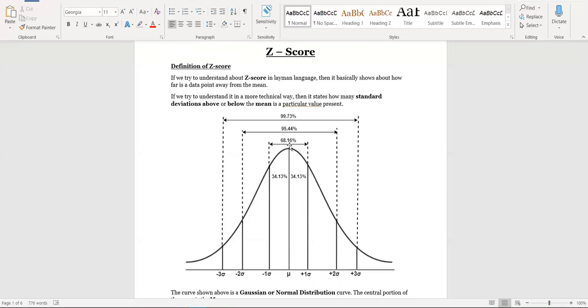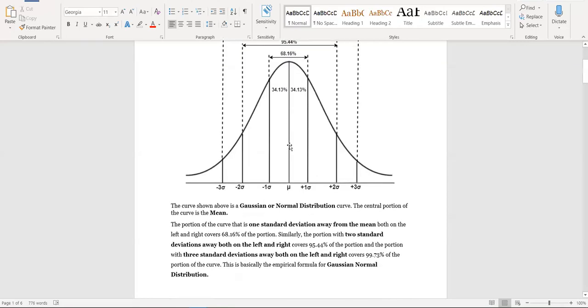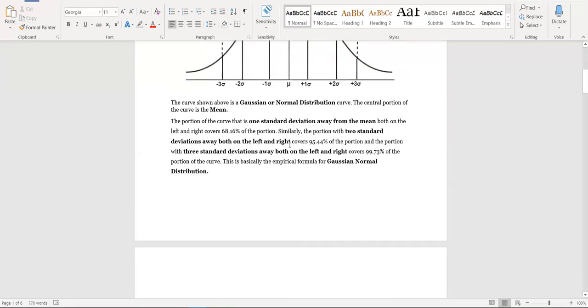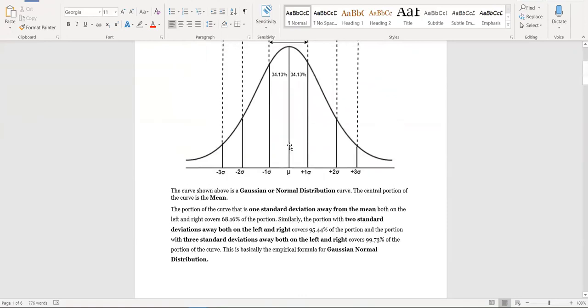So how do all of these things relate to a z-score? We'll try to tie it back and understand how this is in relation with z-score, right? For that, I'll give you a small example to make it more clear. Suppose we have a distribution of numbers and we want to determine, for a particular number, what will be its z-score and whether it lies within the boundary of those three standard deviations or not.